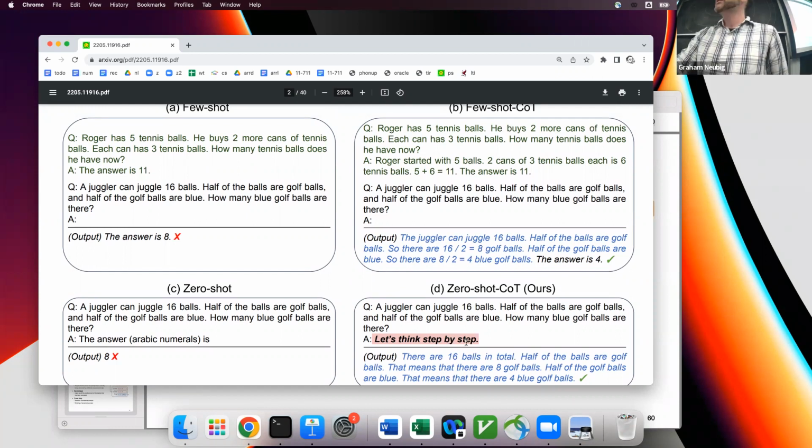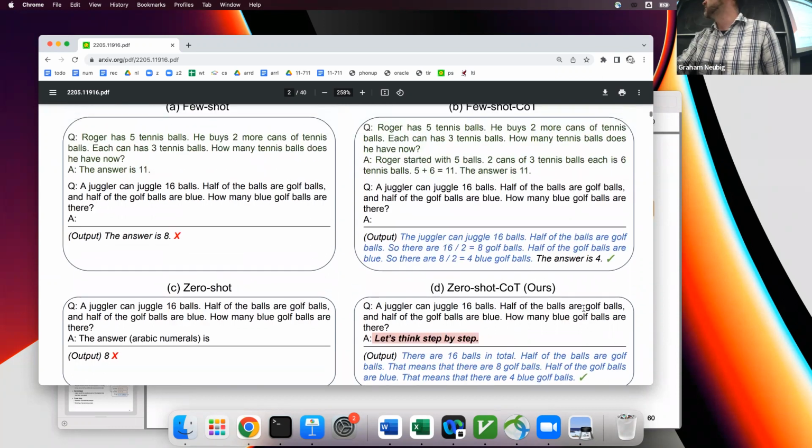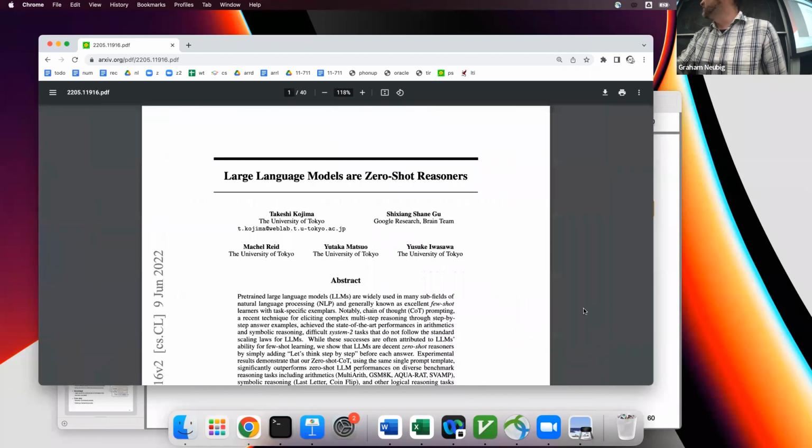And if there's lots of language that follows, let's think step by step, with these sorts of solutions, then that gets the model in the appropriate space of giving a solution like this. So yeah, I love the simpleness of this paper and the fact that it actually works.